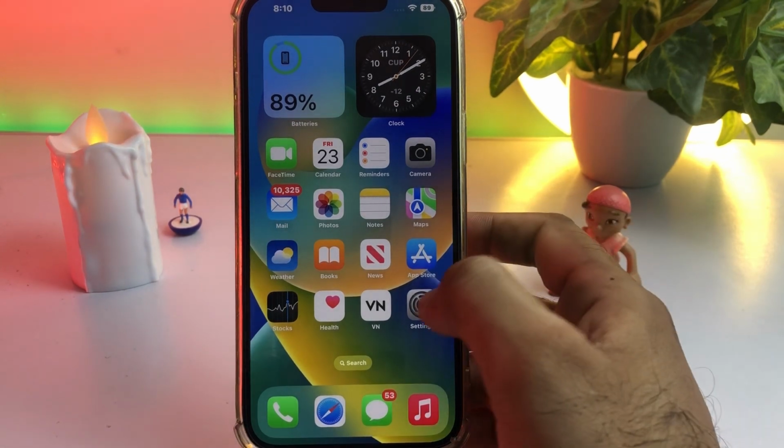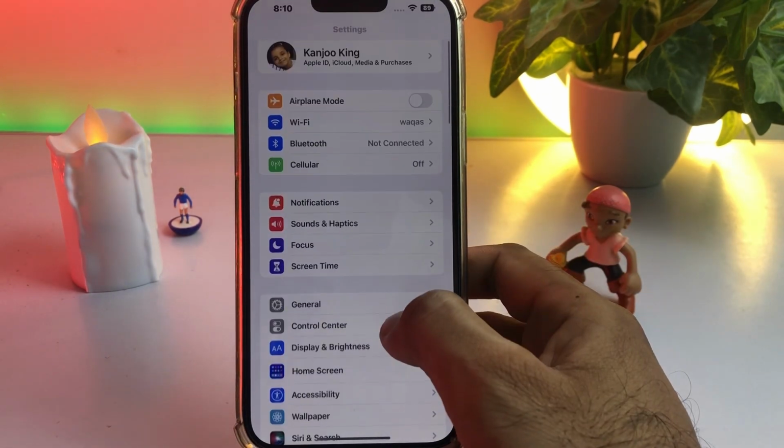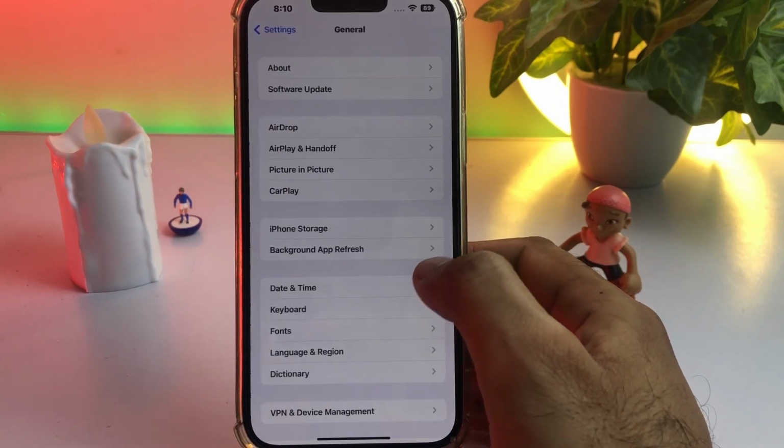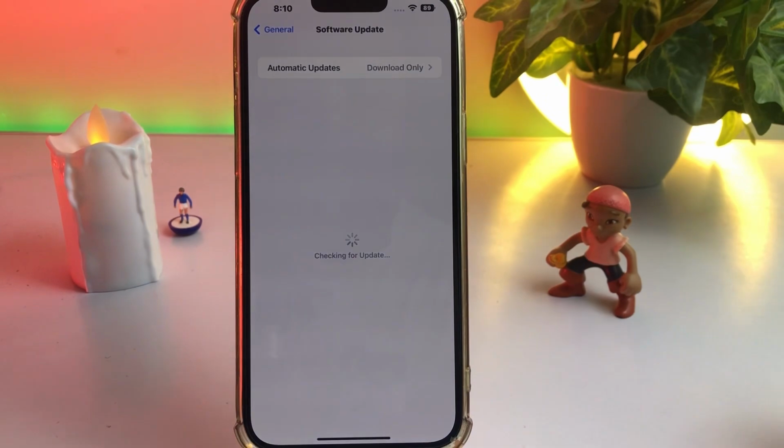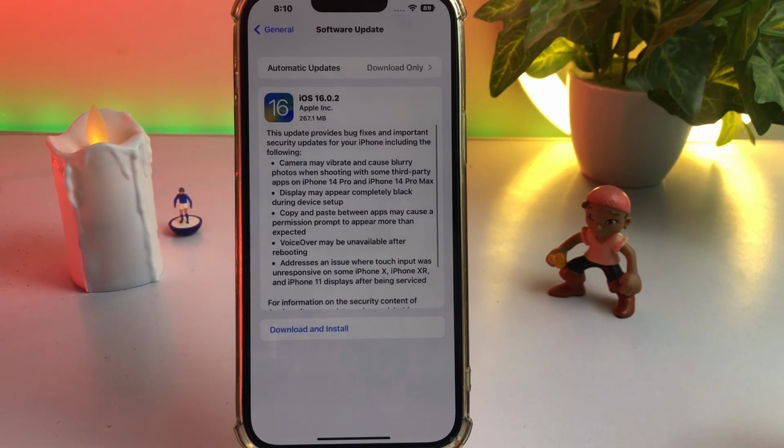Firstly, open your iPhone settings. In the settings app you can see on the screen the General option, tap on that. After tapping that, tap on Software Update. You can see on the screen the iOS 16.0.2 update showing here on my iPhone 13 Pro Max right now. Basically this update for iPhone 13 Pro Max is